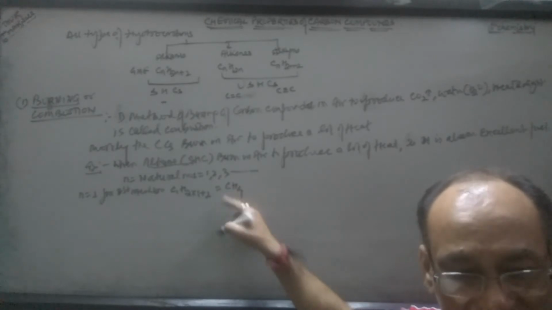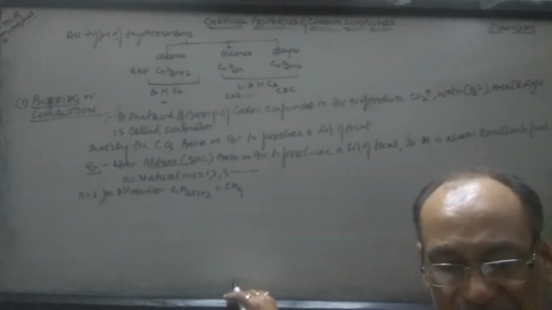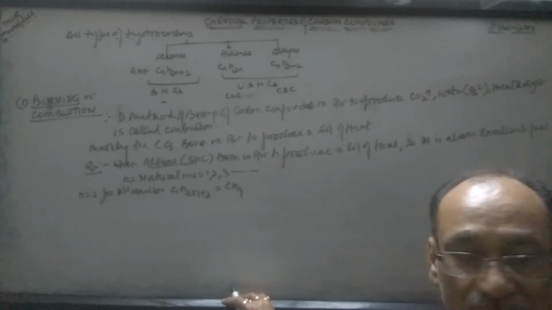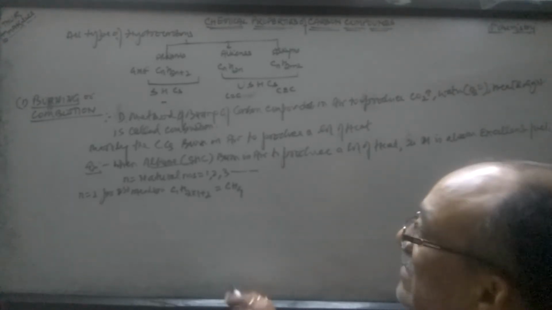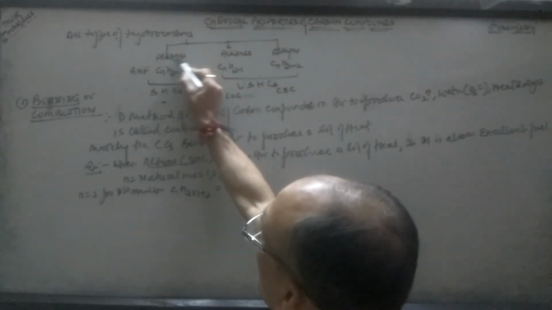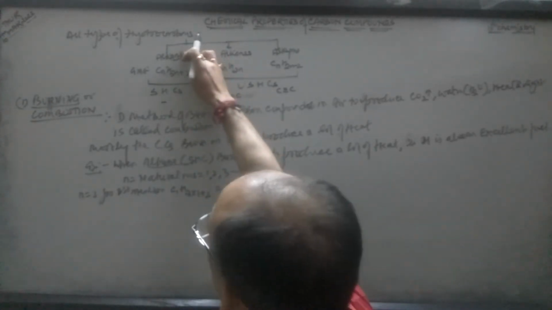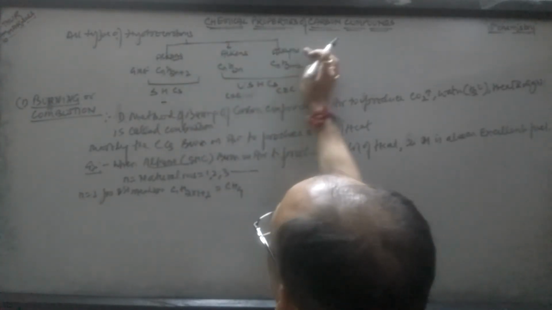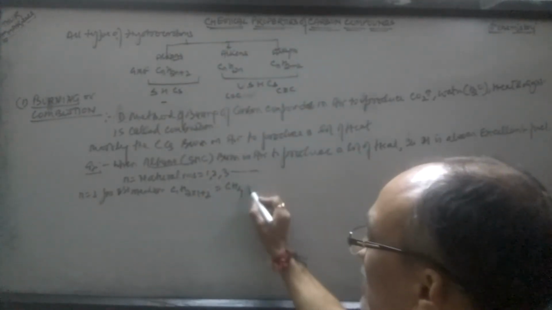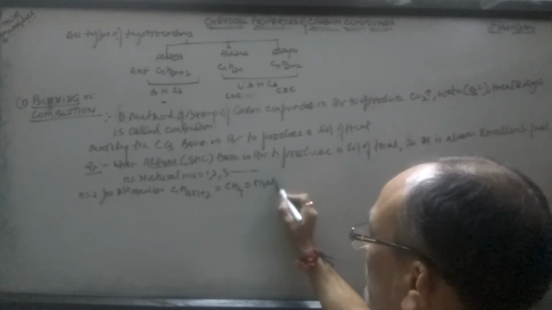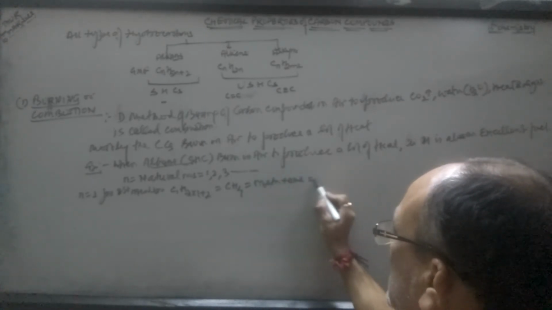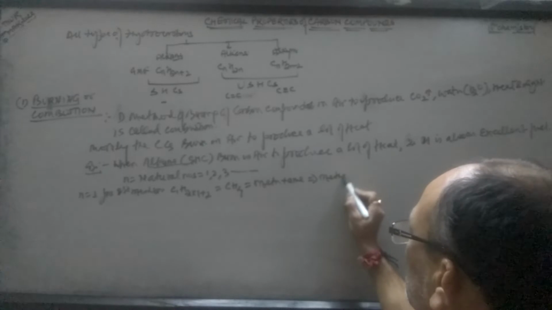If in an alkane the number of carbon atoms is 1, that is meth, and the suffix ane is added to meth. This meth plus ane is known as methane,